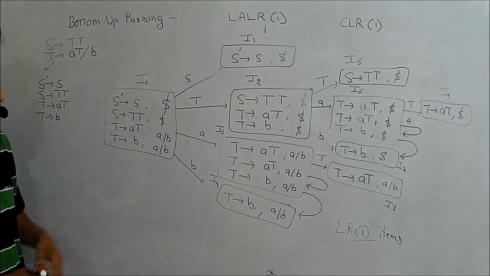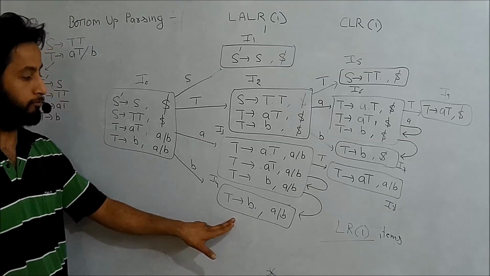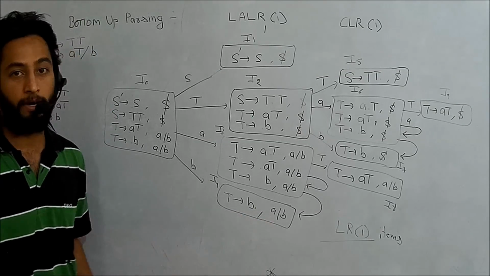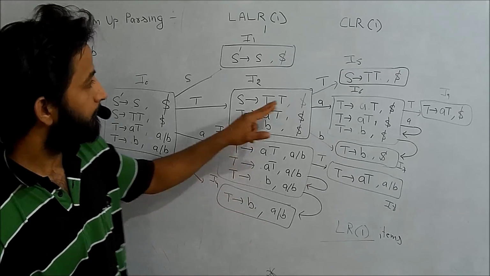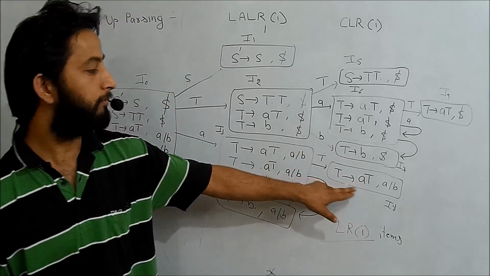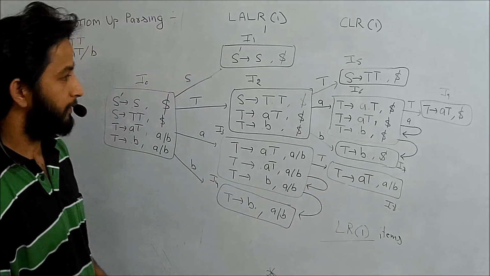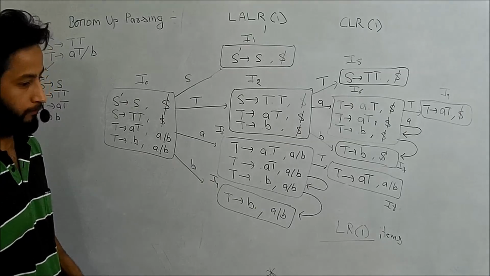Okay, for example, if this one is a reduce move, then I will place that reduce move under the look ahead, and the look ahead are A and B. Okay, and here I will place that reduce move under the look ahead, that is A and B. Okay, so we will